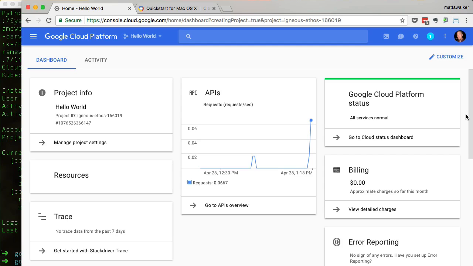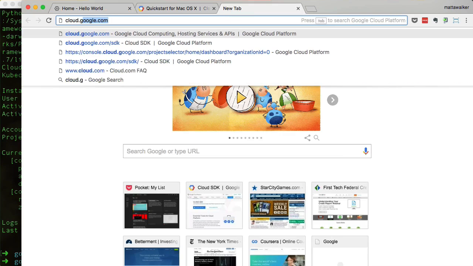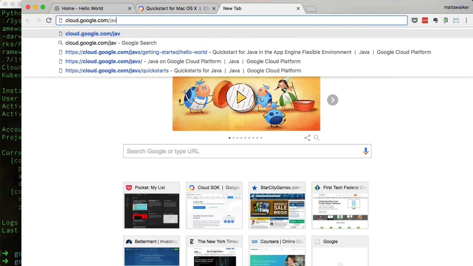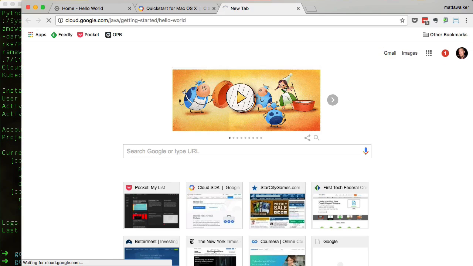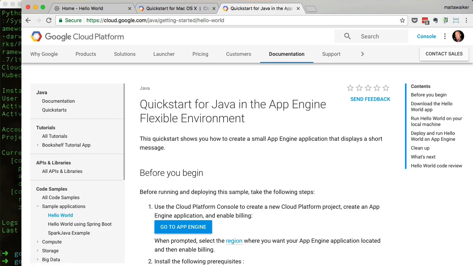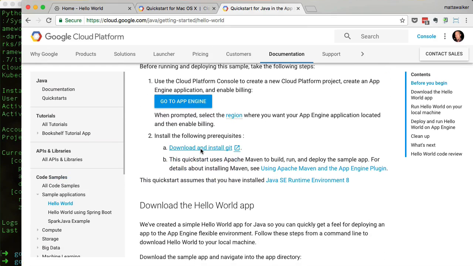All of these links are available on one of Google's documentation pages. So in our web browser, let's visit cloud.google.com/java/getting-started/hello world. You can scroll down to the download and install Git link, which just opens a window to